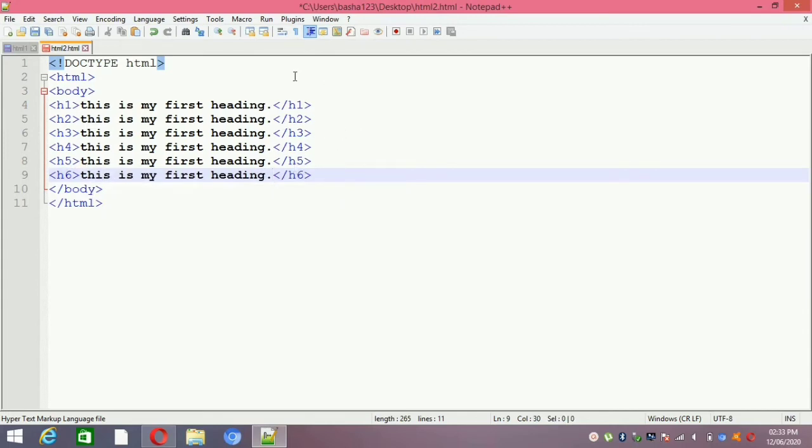Here you can observe the sizes of headings. Here you can see that a star is present. That means this program is not saved yet. So I am saving by using Ctrl S. Here you can see that the star is gone. That means this program is saved.